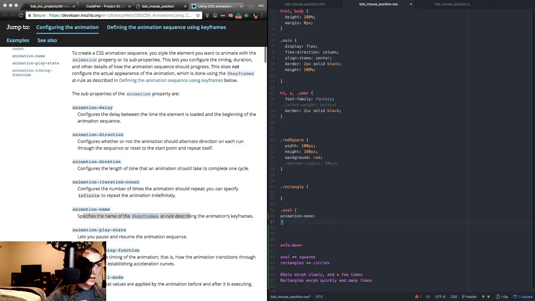None? What do they mean, none? Animation name specifies the name of the keyframes at-rule describing the animation's keyframe. Oh, that's the placeholder. So animation name really is when we have